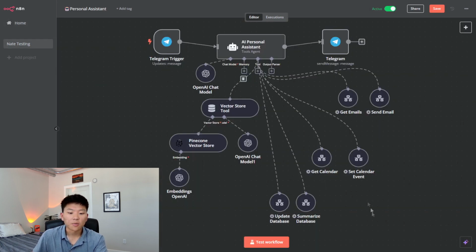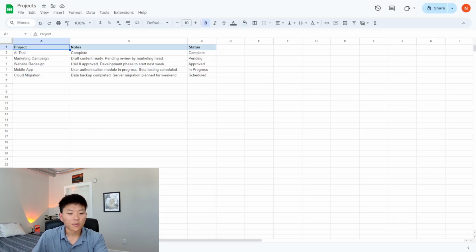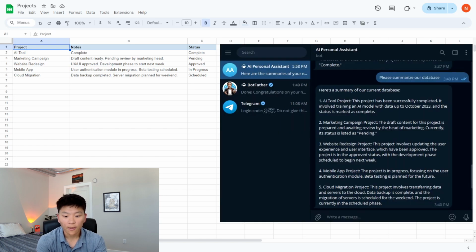This last one I think is something that's super cool. It's going to be able to read all of the information in your database and give you a summary of it. So this could work really well if, again, another use case, you're running late to a meeting, or before you're going to meet with a client, you just want to get caught up on what's going on in their profile. You could have your Telegram bot just sort of summarize that information for you. So let's hop into this database real quick so we can take a look at what's going on, and then we will ask it to please